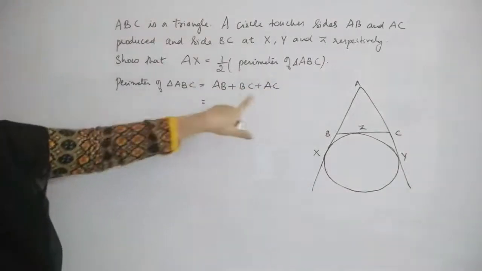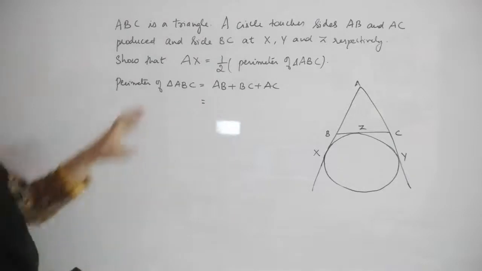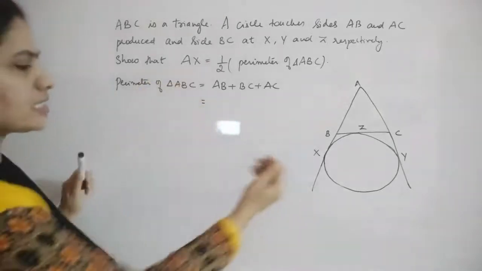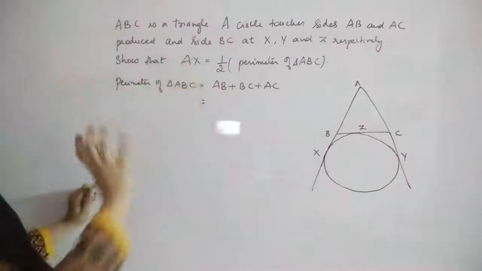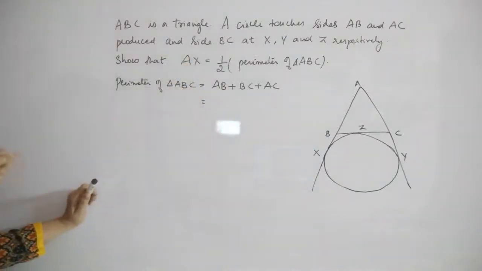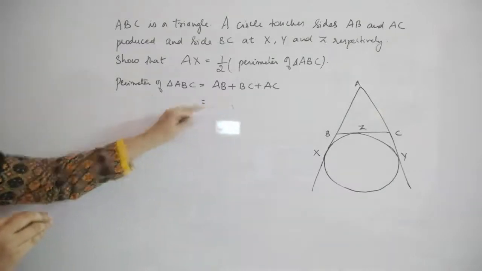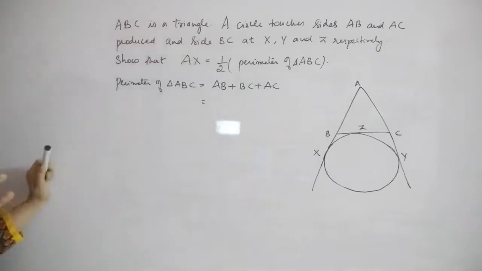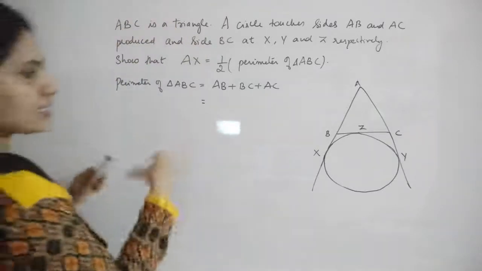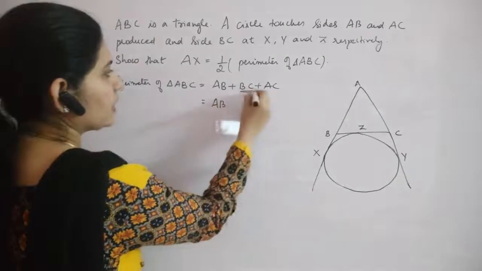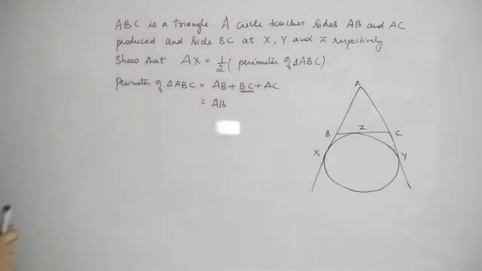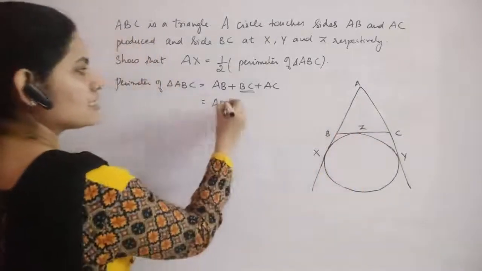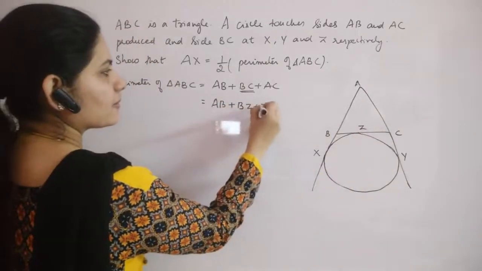Now again, here what we have to get is AX, right? So we have to just split the things in such a manner that we can replace it and get the value of AX instead of these things. Then only we can equate them, okay, or we can get this result. So first what we are doing is, we are just writing AB as such, and look for, or else you can just use BC as BZ plus ZC, right?